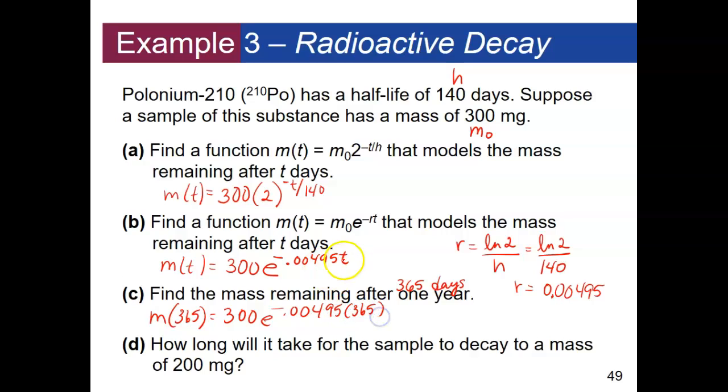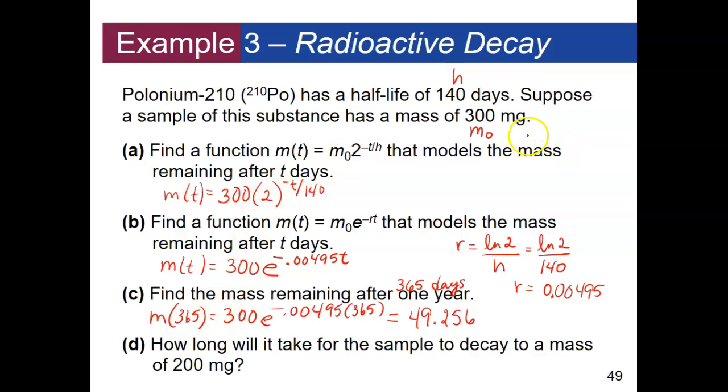Multiply that by the t, which is 365. And so I'm going to get 81... no, sorry. I'm going to get 49.256 as my answer there. So that's the amount that's going to be left after